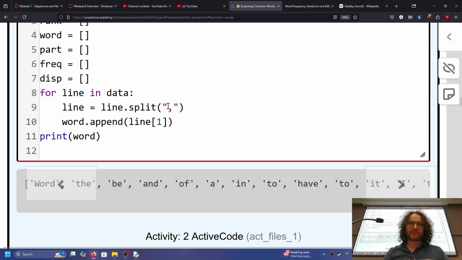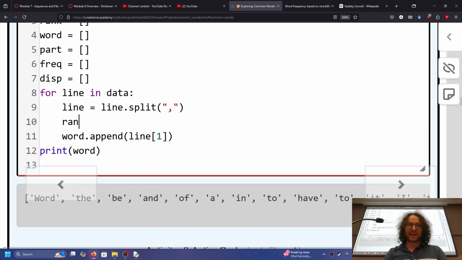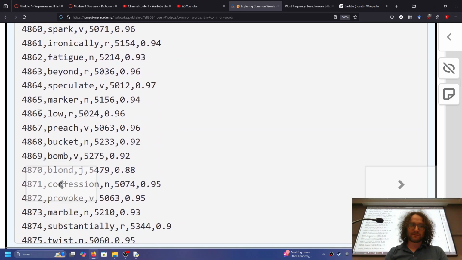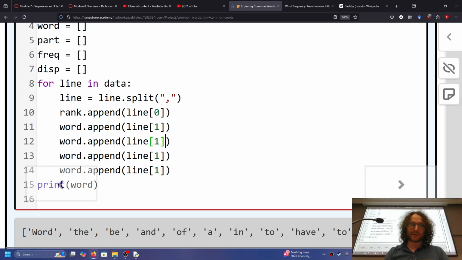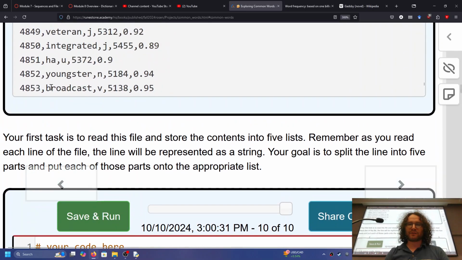So we've split this line up into multiple fields. And so we can say rank dot append line 0, because we know that the rank is the first part of this. And then it's just a matter of doing copy paste on the rest. Part of speech is the third thing, so that's index 2. Then 3, 4. Then we had frequency. I'm just working off of memory. That's how I know it. I just looked at it. Make sense? 0, 1, 2, 3, 4. Right there. Because if we look at the top of this file,